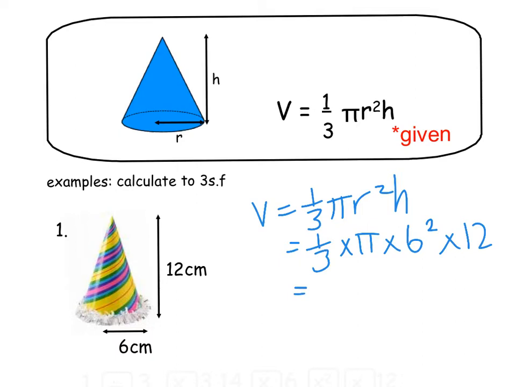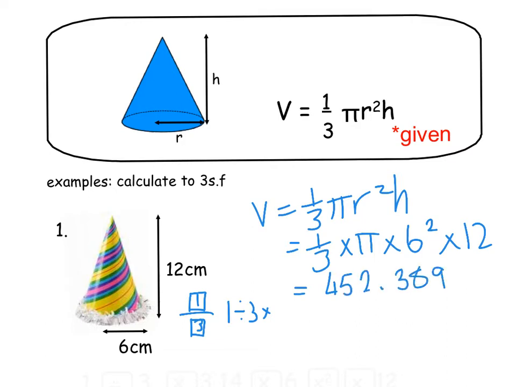Now there's different ways to type the third. You could use that fraction button if you're using that mode and put the 1 and the 3 on the top. Or you could just simply do 1 divided by 3 times all the other bits. Some people might want to stick a divide by 3 on the end, but if the third was there at the front, I go with that first. I personally do the 1 divided by 3 for quickness. So you type all that into your calculator and you come out with an answer of